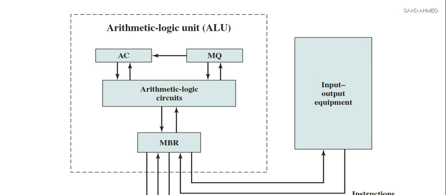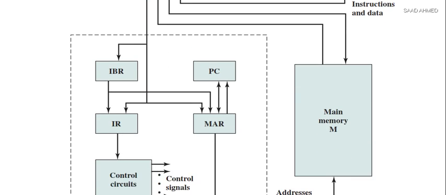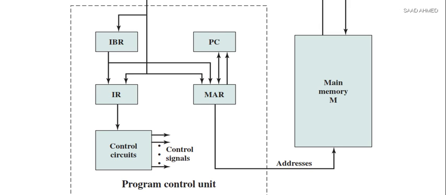And if you look at the second part of this diagram, you can see that is the control unit part. You can see that there is in the middle MAR, memory address register, which specifies the address in memory of the word to be written from or read into the MBR. Remember, we just discussed MBR. MBR was the place where actual data or the code, which is transferred from memory or an IO device, is received in the MBR, and the address of that data